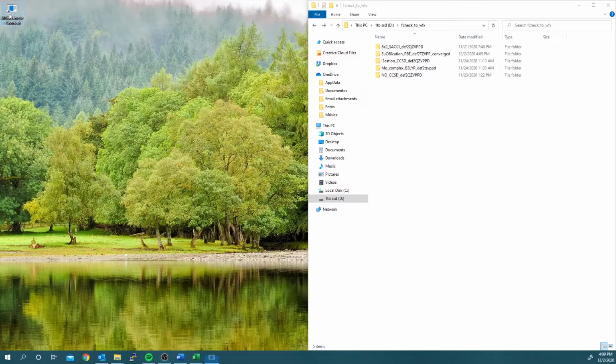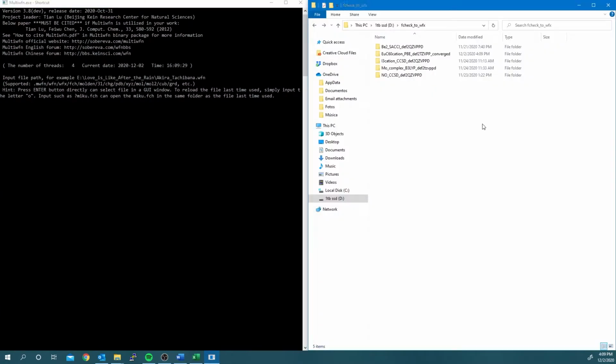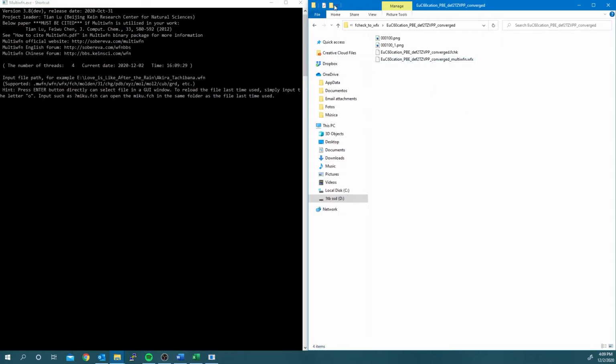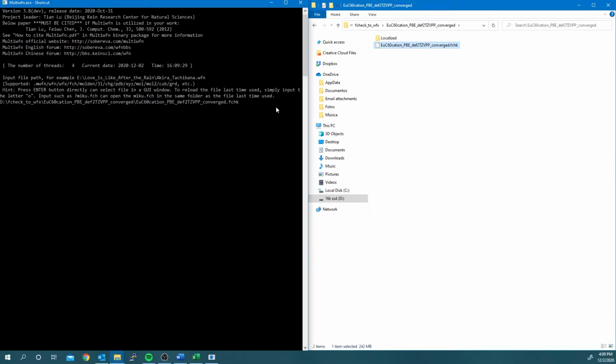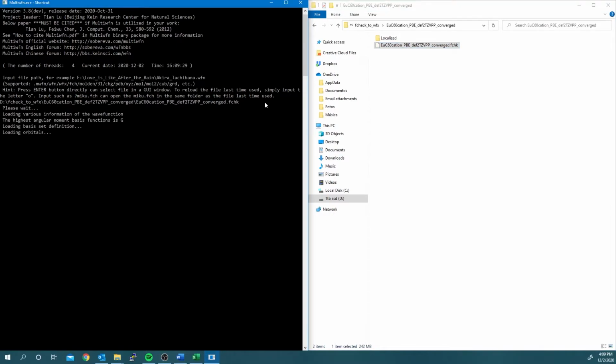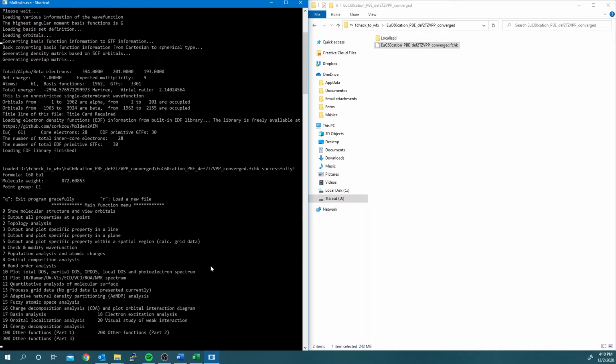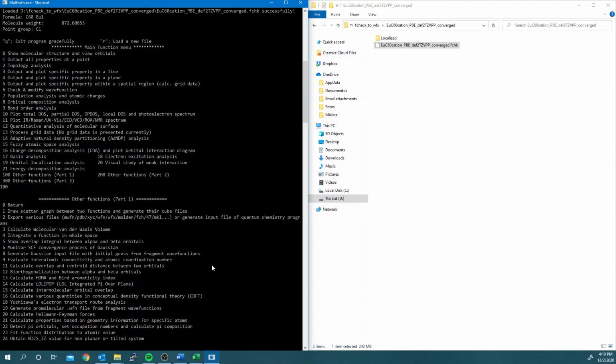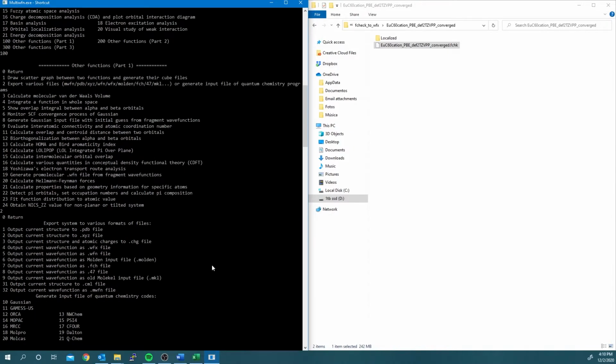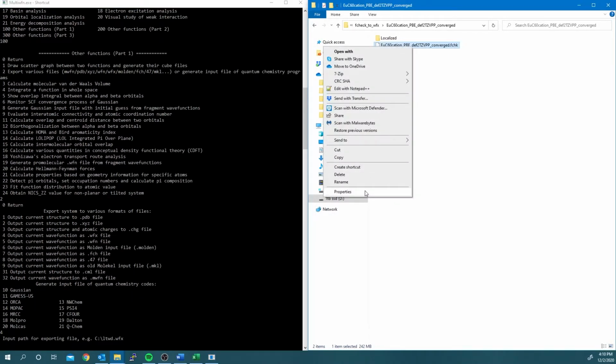Open multi-WFN and drag the file to the multi-WFN window. Choose Other Options 100, followed by Export Various Files 2, and Output Current Wave Function as .wfx file.